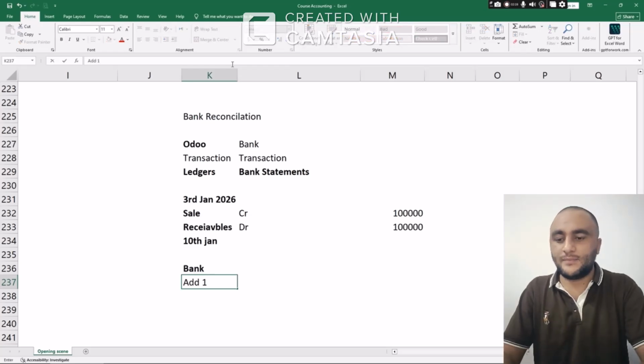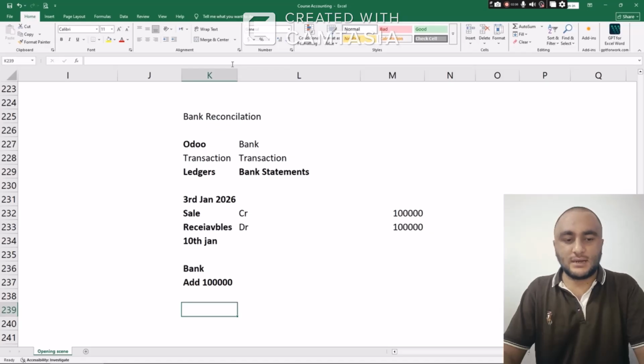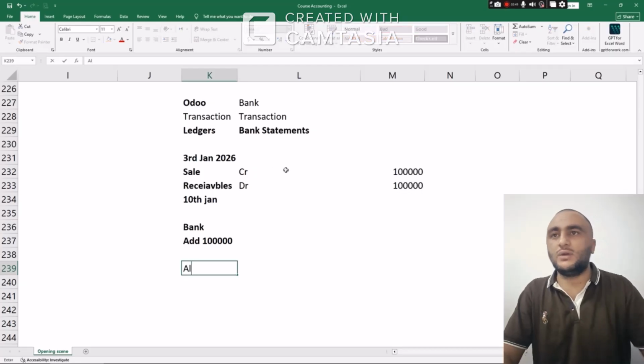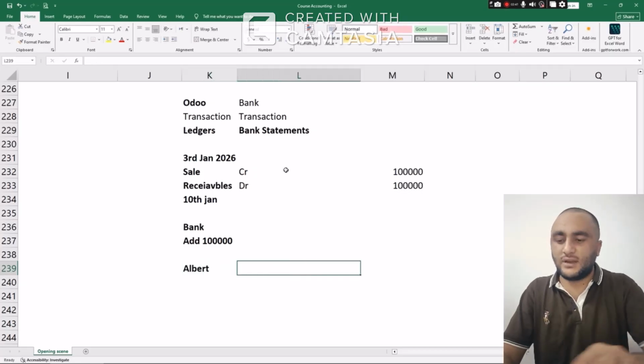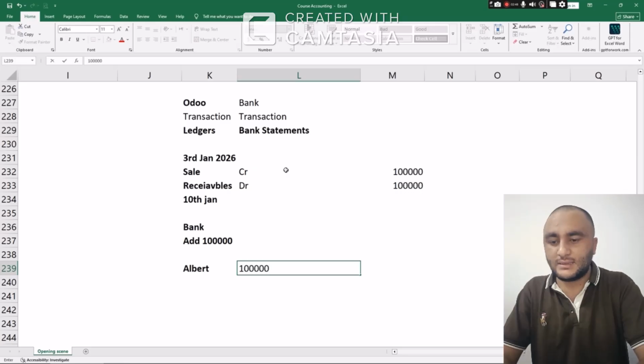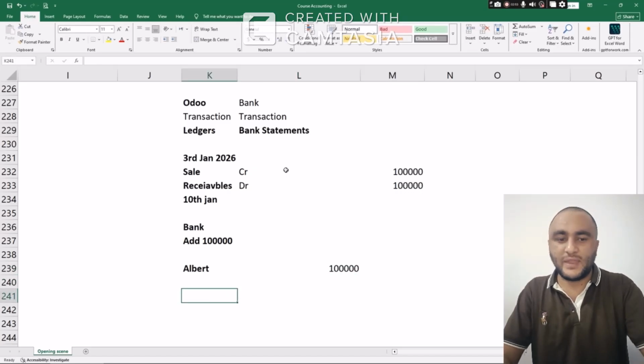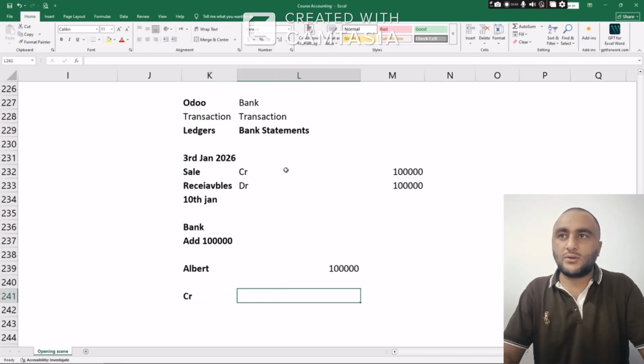bank, then what you will write, you will add up 100,000 in bank as a transfer from Mr. Albert. So what Odoo will do, Odoo will reconcile these transactions automatically. You can reconcile it manually, or Odoo will do it if there is sufficient information, like if there is a name Albert and 100,000 in a bank statement, Odoo will automatically